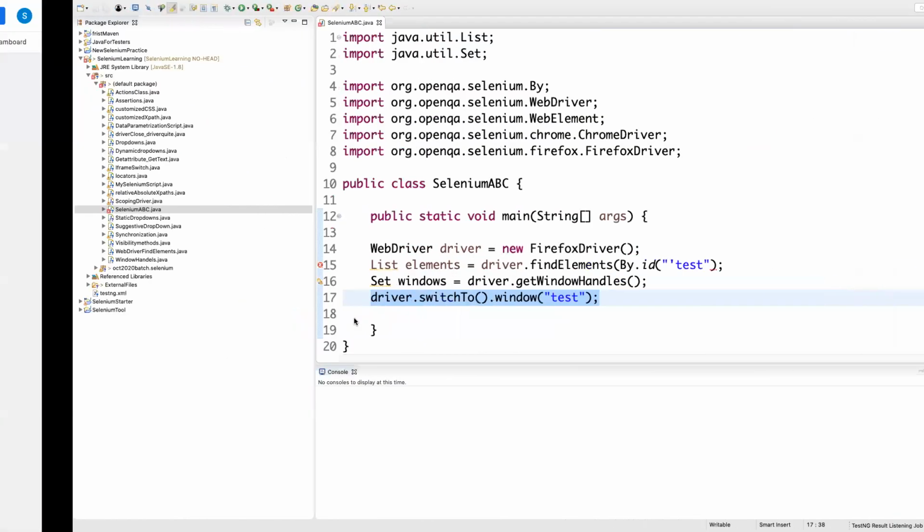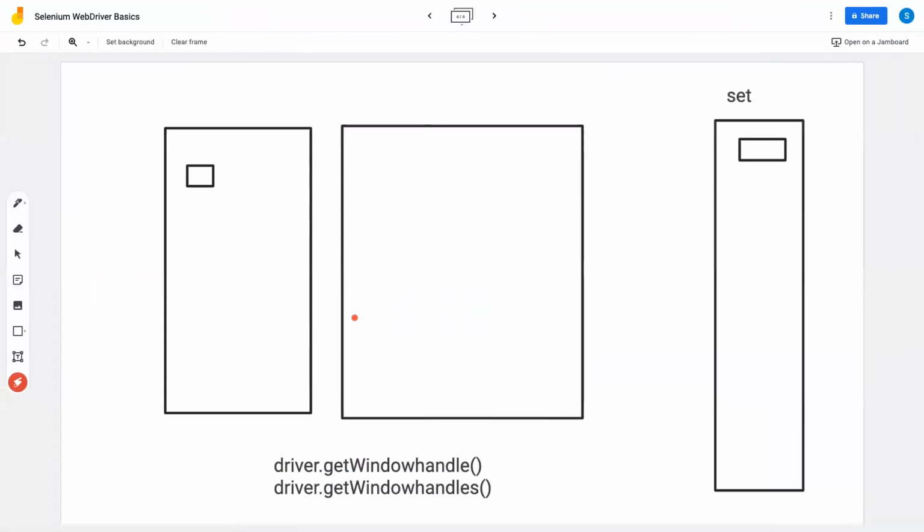Also, there is another mechanism to switch within iframes. I'll cover that in another topic. But yes, if someone asks you in an interview, or you are explaining your own code to someone else, you can talk about it in this way: the list data structure, or in simple language the container, allows you to store duplicates, and that is why the find elements method returns a list, so that it allows storing duplicate elements, whereas getWindowHandles returns a set. The reason behind that is that we are interested in getting unique window handles, unique windows which are available in my session, and that is why it returns a set.